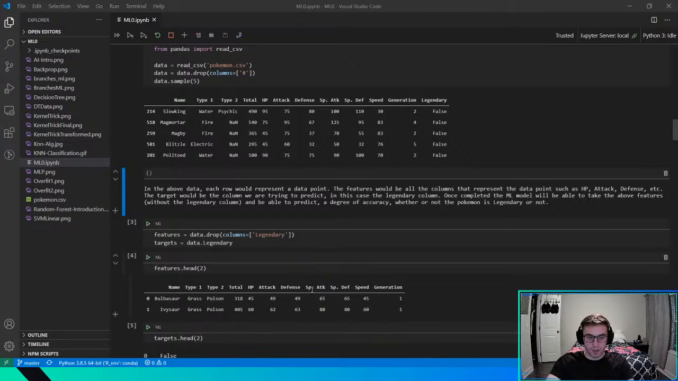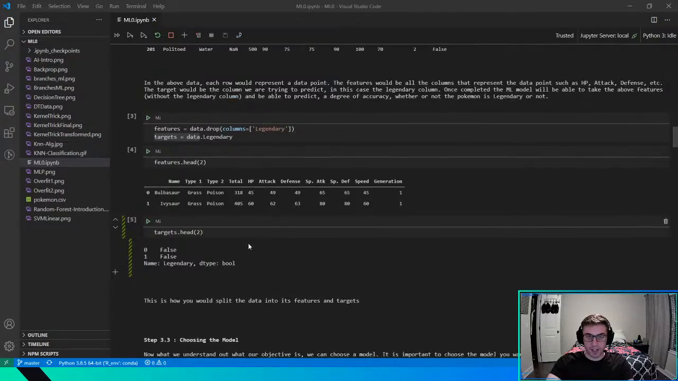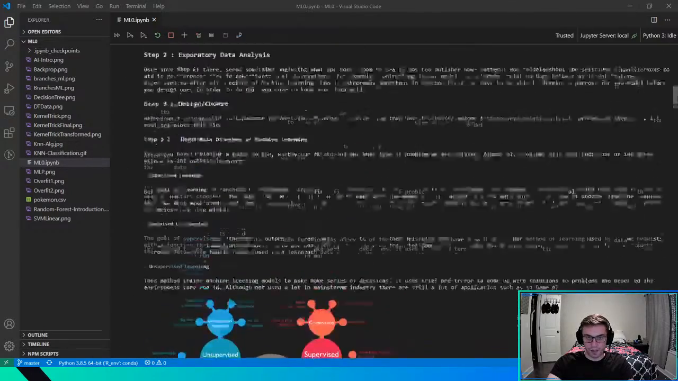So as you can see here, the target is just this column right here, and the features are basically everything but the legendary column. And then we can see here it's just true or false. So basically this is a binary problem, and this is under the classification sphere, which if we go back up here,